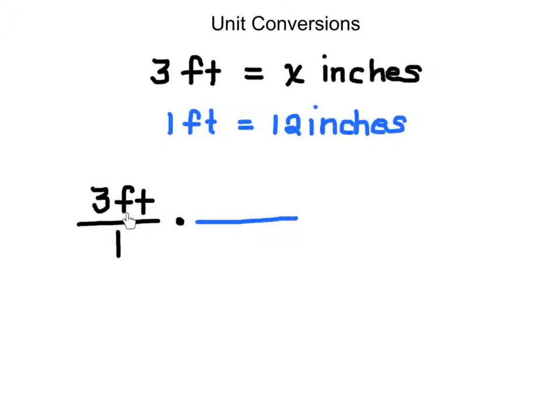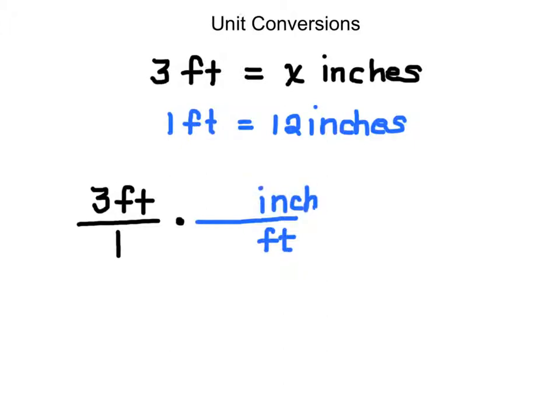If there are feet in the numerator of our original problem, or our original amount, 3 feet, we want there to be feet in the denominator of the conversion factor. And in the numerator, we want our new unit, which is inches. We're going from feet to inches. So our old unit, feet, belongs in the denominator, and our new unit, inches, belongs in the numerator. So I'm going to go back to blue and put feet in the denominator and inches